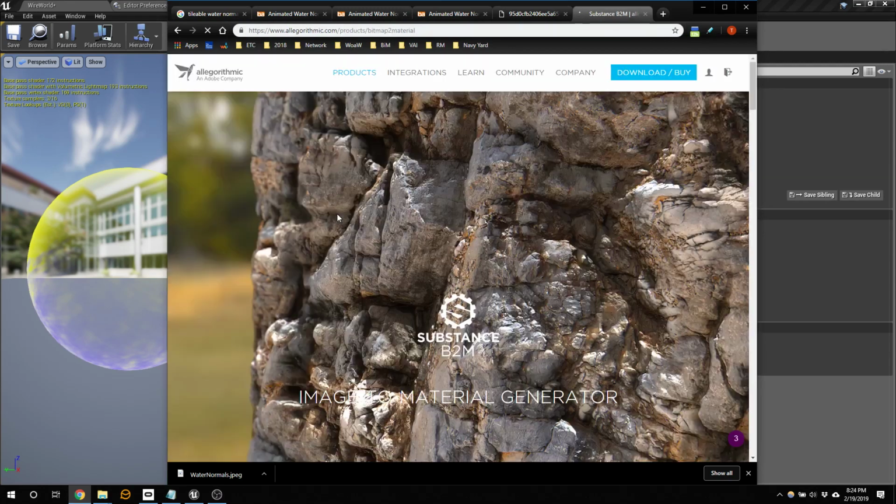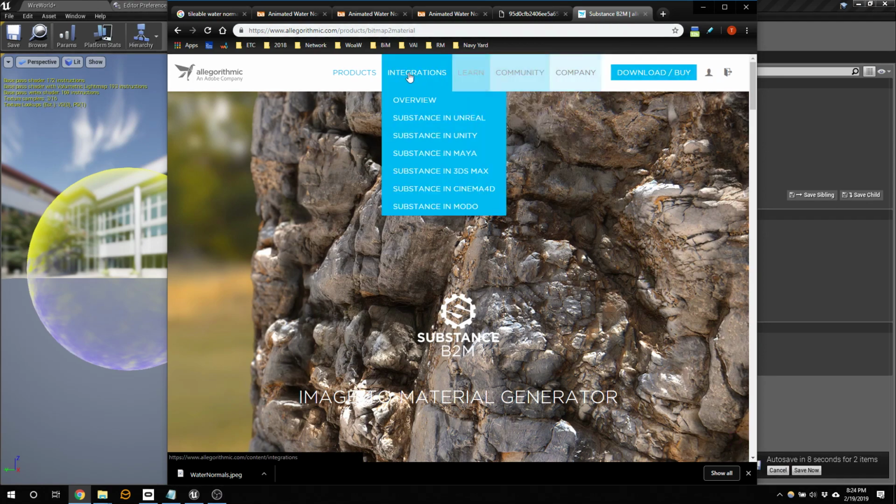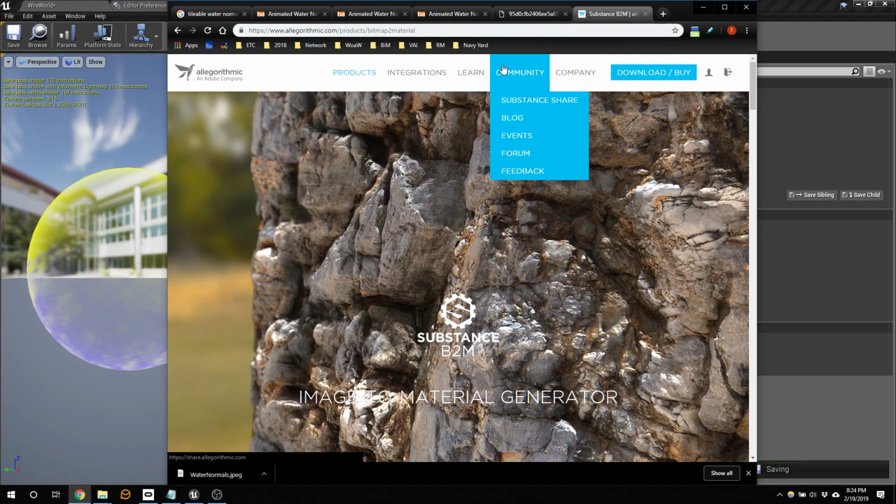So I wasn't sure if it was going to be part of my Creative Cloud or if I had to buy a new license. And I found out that if you give them a picture of your NYU ID, you get all their products for free. So I found that out right before class. So that's good. So I have it installed on my computer. Just go over to, you have to sign up, and then in your profile put your NYU ID picture. So bitmap to material is a kind of a weird way of reverse engineering from a single image